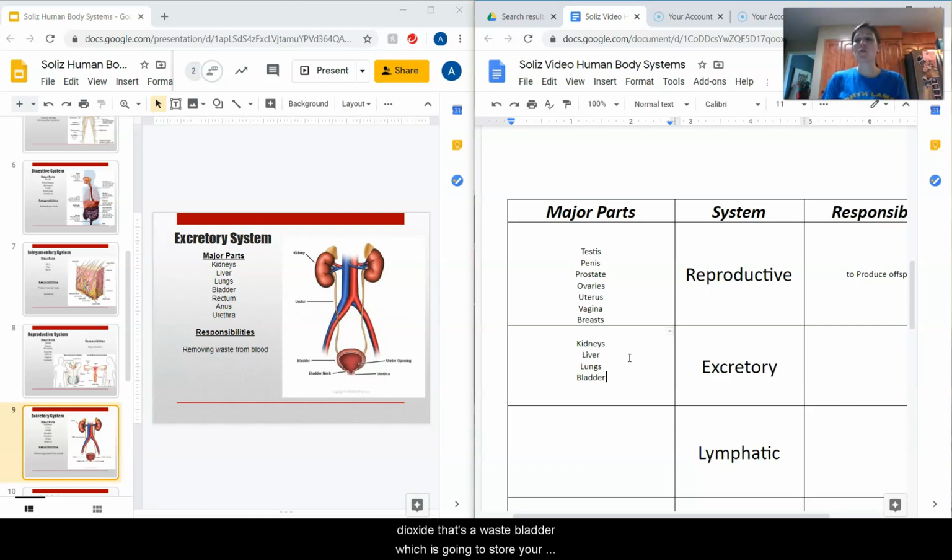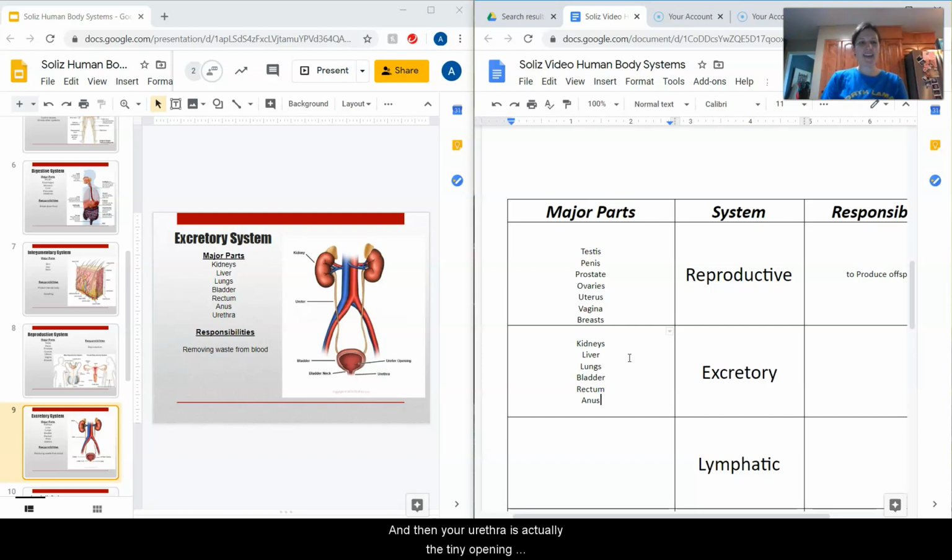Bladder, which is going to store your urine until you go to the restroom. Rectum. The rectum is going to get rid of solid waste, like feces, okay? Poop, okay? So that's your rectum. Anus, and then your urethra is actually the tiny opening where urine comes out of, which is going to be in different places depending on your gender. So again, you've got solid waste coming out, you've got liquid waste coming out, you've got gas waste coming out,